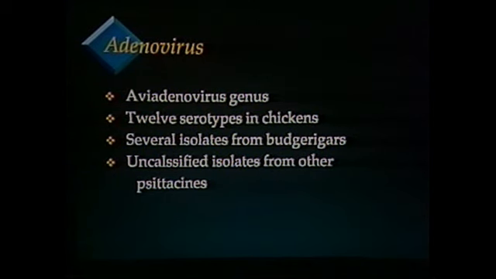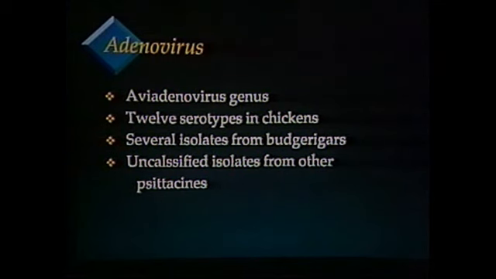The adenovirus genus is part of the Adenoviridae family. Adenoviridae have two distinct groups. The mammalian adenovirus is referred to as Mastadenovirus, and the avian adenovirus genus is called Aviadenovirus. Within the avian adenoviruses, most of these are type 1 viruses, infrequently type 2 viruses. The type 2 viruses are usually